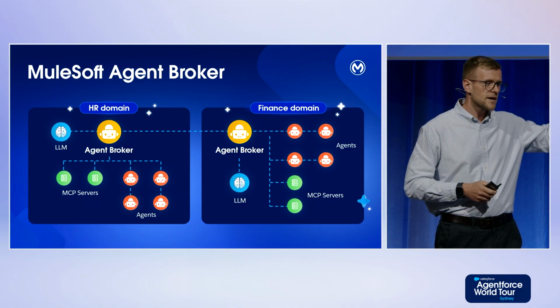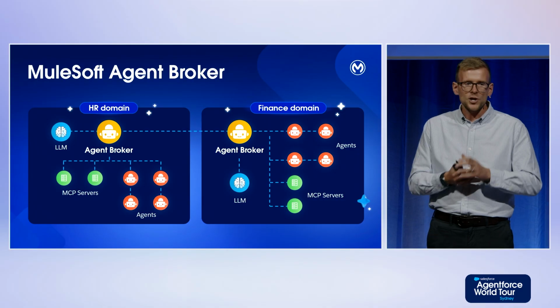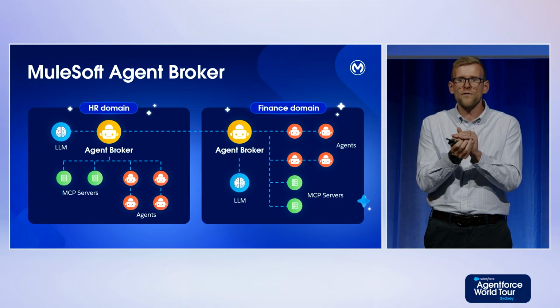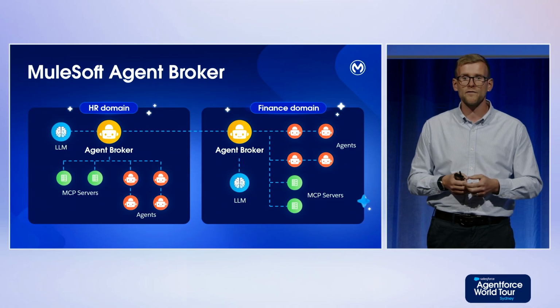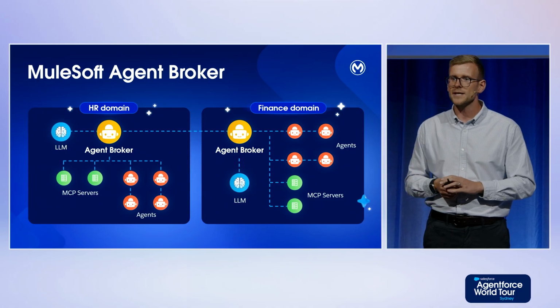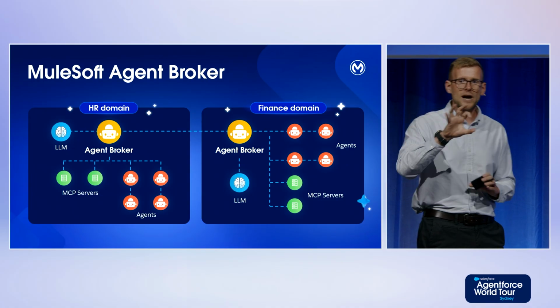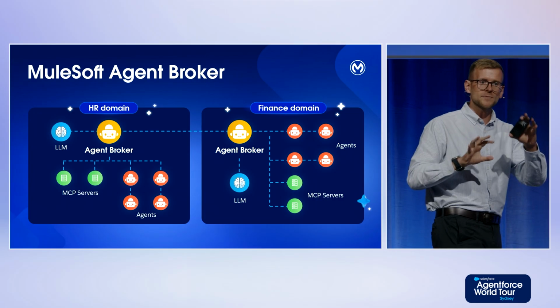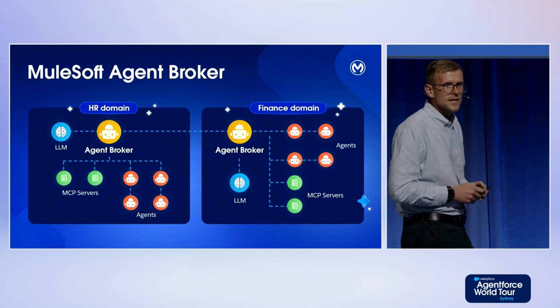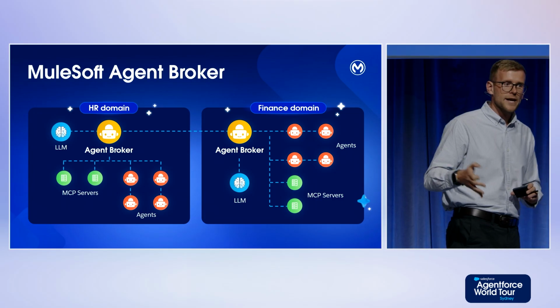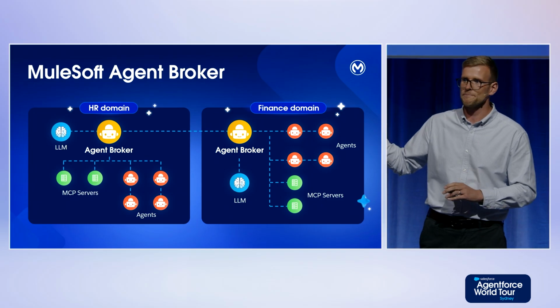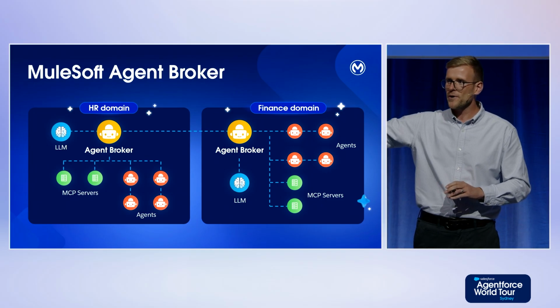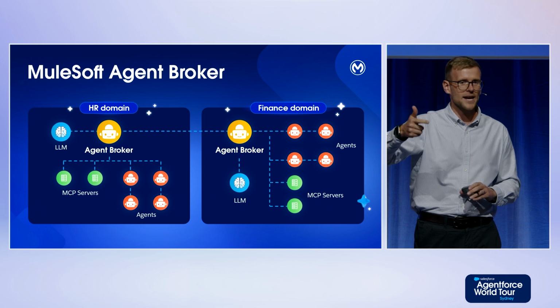So to bring it to life, here we've got the HR domain. You might have an agent that's just responsible for employee badging. And then you might have another agent that's just responsible for employee onboarding, right? And so as you then think about how you route tasks appropriately, you can chain them together in the right way. MuleSoft supports A2A and MCP out of the box now, so this is how you're able to realize this future. So now we've discovered our agents, we've connected them together at scale.